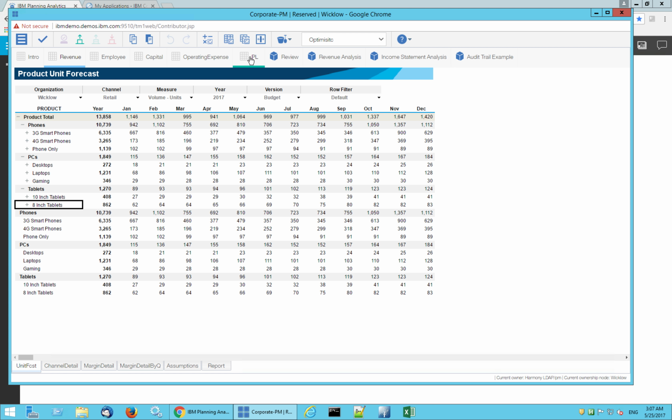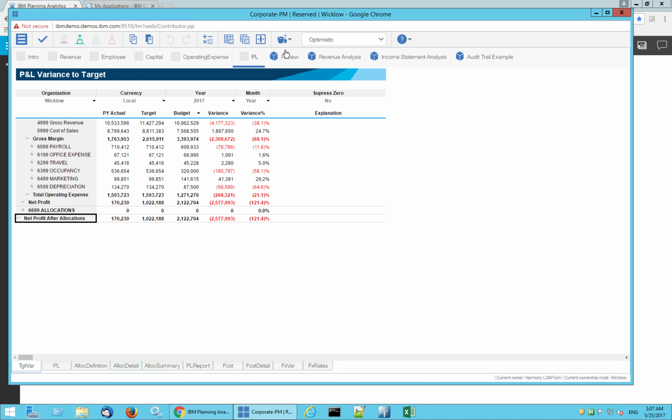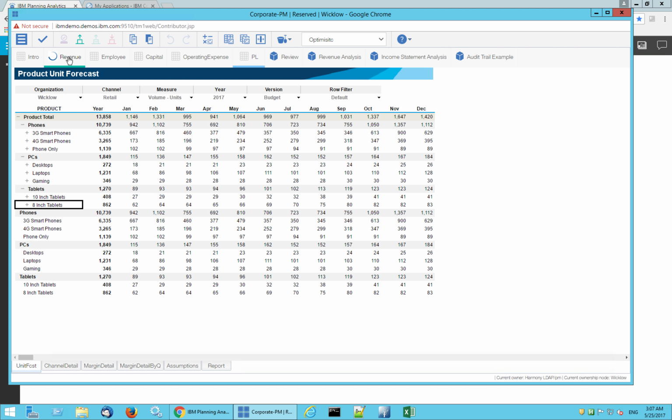So I've now effectively got two copies of my budget data, which to begin with are both identical. But I want to make some changes in the optimistic scenario or version and see what that does to my overall plan. So I'd like to think that we can possibly sell more of some of these products. So this is a company that makes and sells digital consumer goods. I'd like to think that maybe we can sell some more units of our phones. And I think overall, I would like to think that we could sell maybe 12,000 units of phones in the